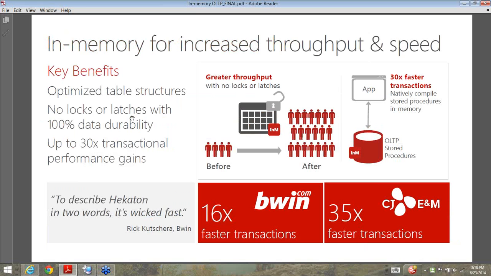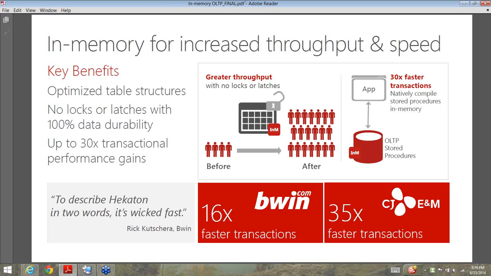Right. So on this particular deck, as I said, it helps you increase both the transactional speed and the throughput by removing the contention in the database, right? Also, in addition to speed, we also improved throughput because our engineering teams came up with an algorithm to remove the locks and latches without compromising on the durability, right? Which I already mentioned to you in the previous deck. Now, what this means is it helps you in massive reduction of contention in the database, which leads to increased throughput as well as the high speed.